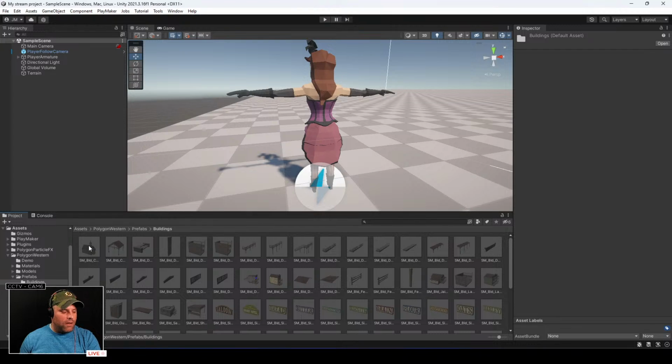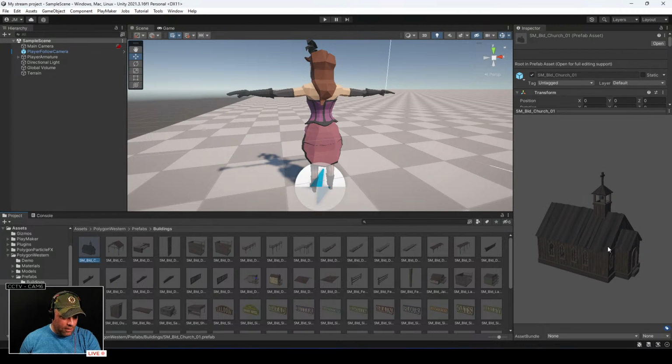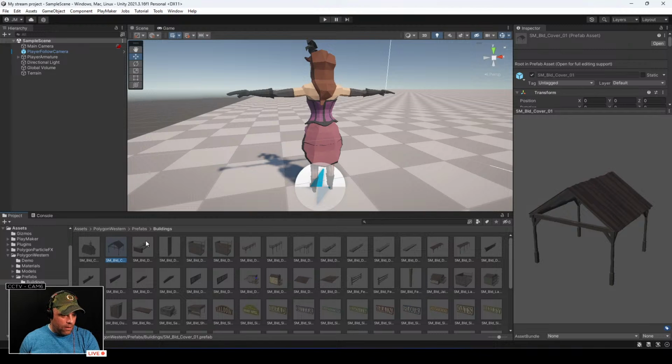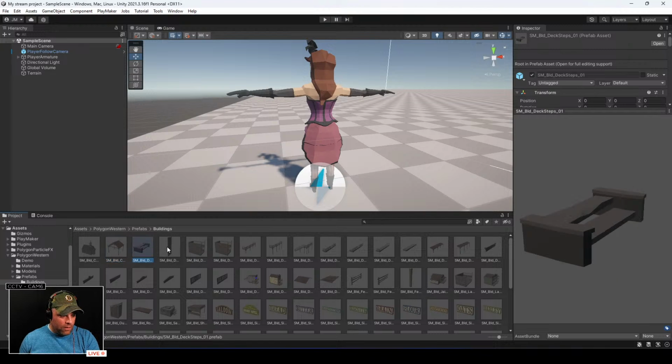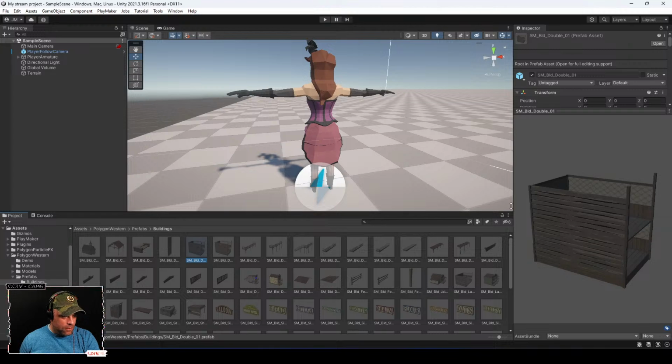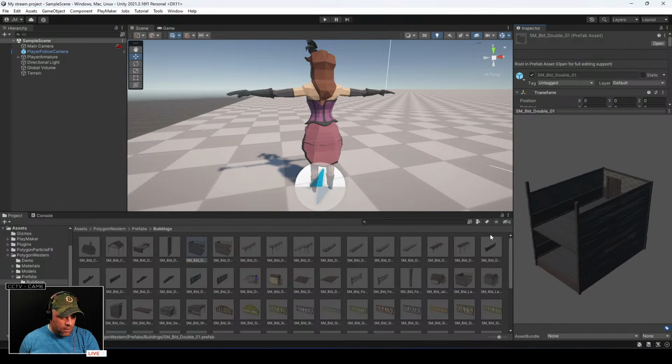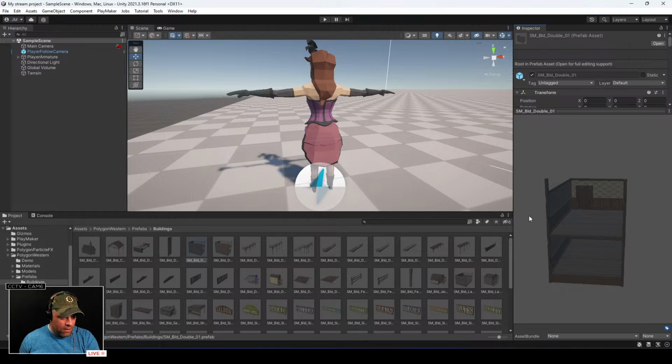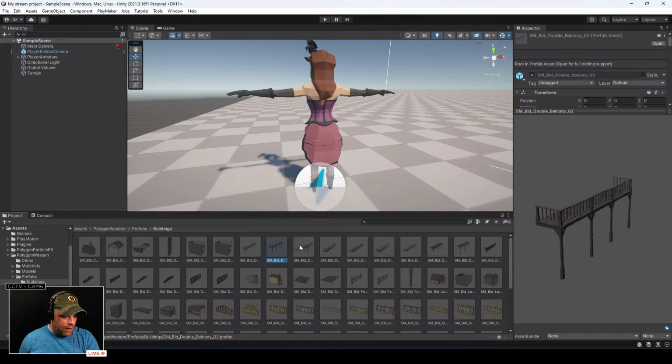Hope I didn't miss much. Well, we can control our character now. All right, we got this church. Can I use my arrow keys to do this? No. Can I use the tab key? No. We got a building cover, some steps, doors. What is this? A bed? Oh, building double. Okay, so this is the interior of a building. There we go. It's just got no front facade on it. Okay, gotcha. Railings,